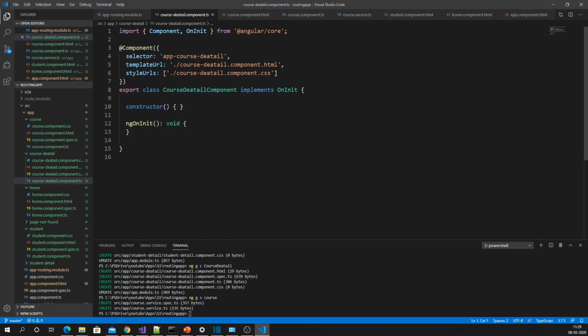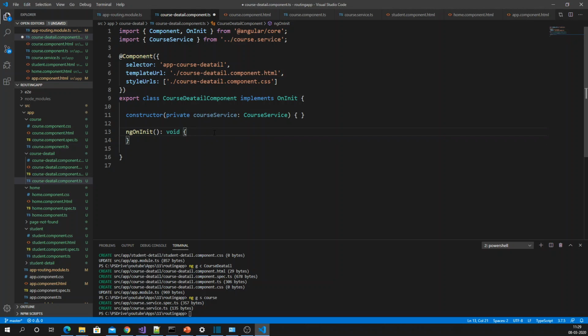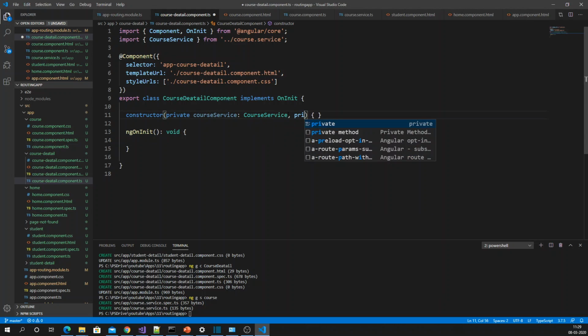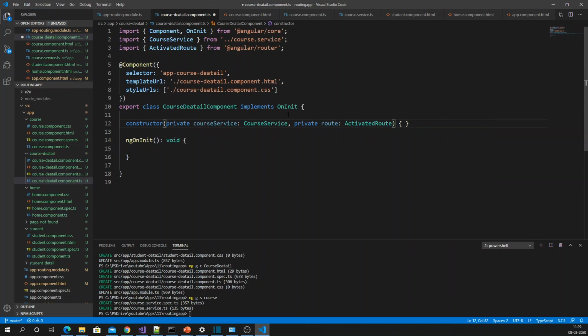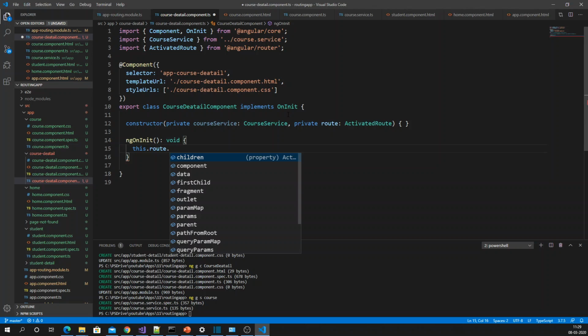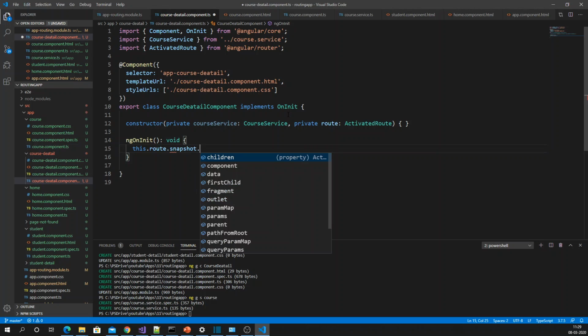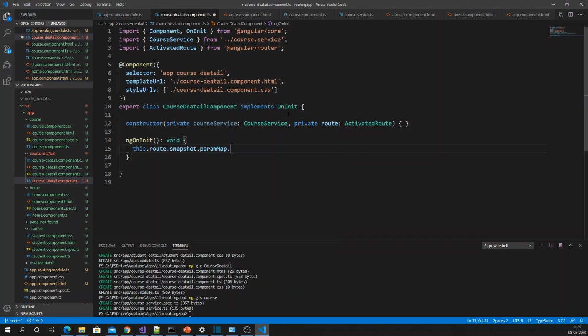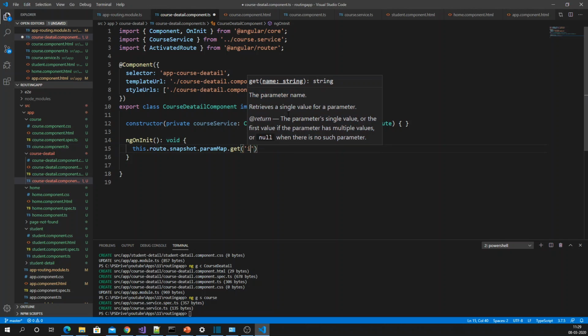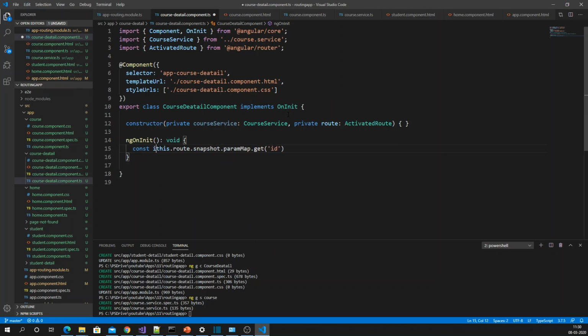Here I have to load the course detail. So in the same way I have to inject the course service, and what I'm going to do here, I have to get the value of course in the parameter. To get that, I have to define the route here, activated route, this.route.snapshot.paramMap.get of id,